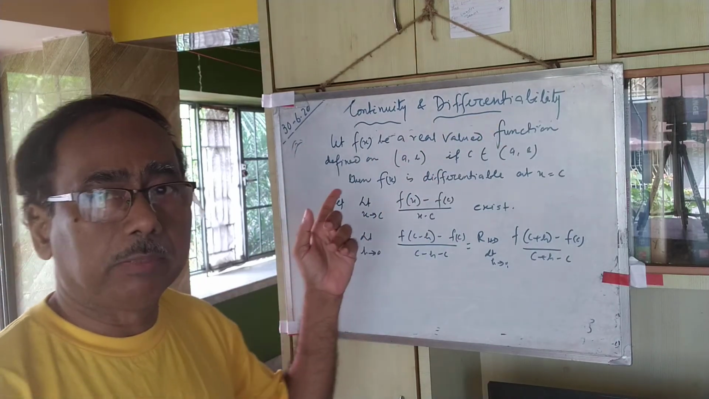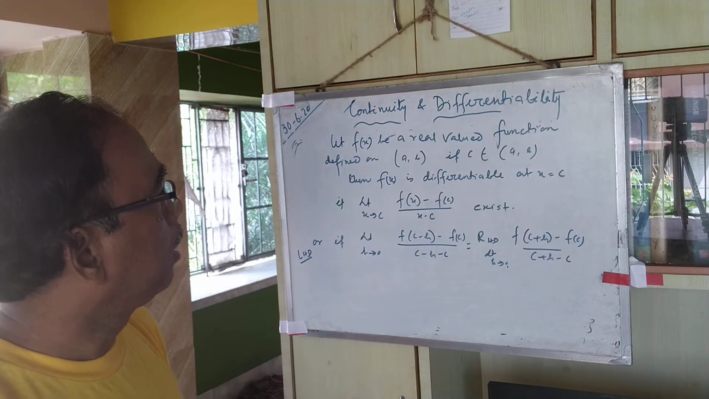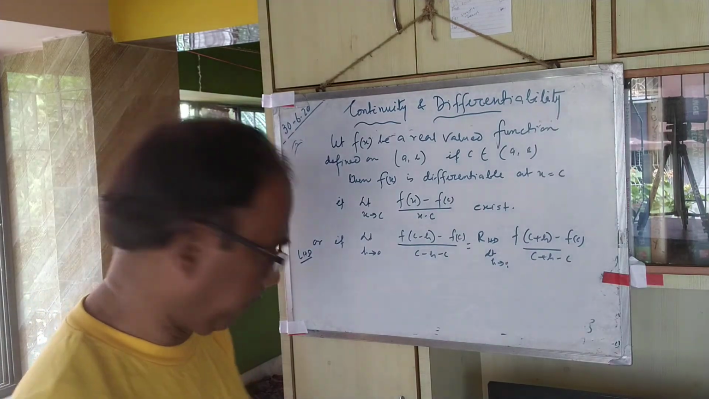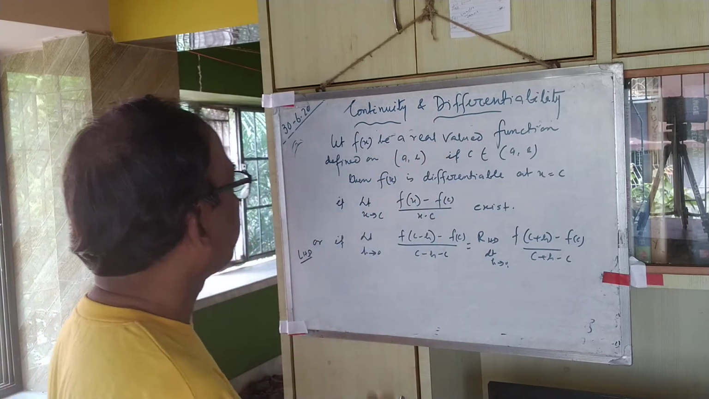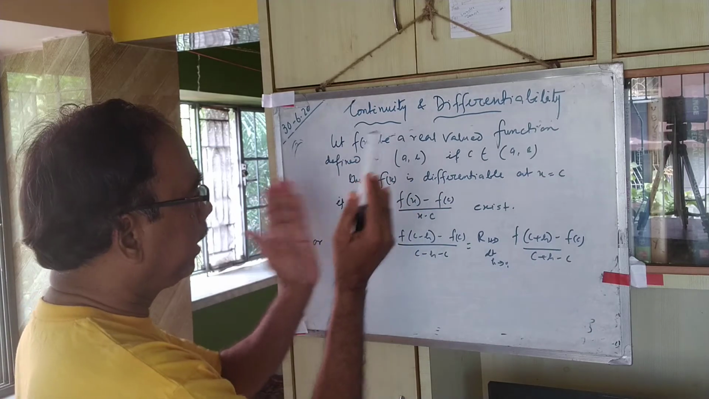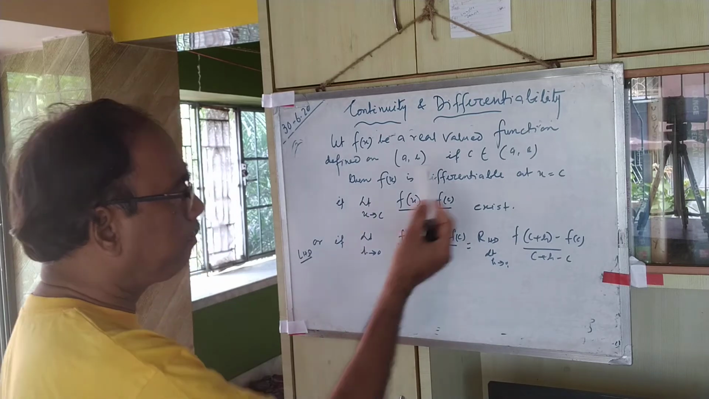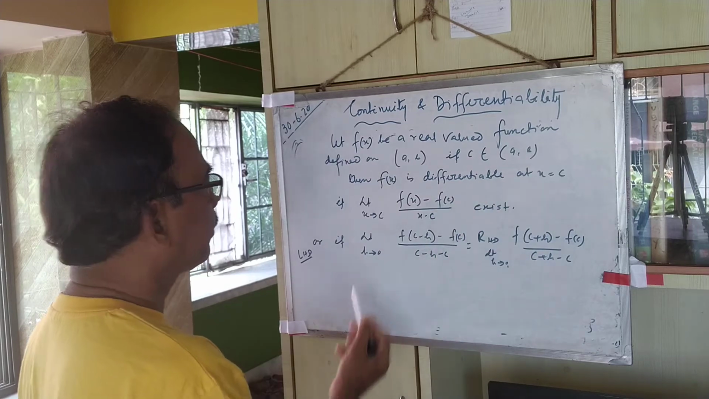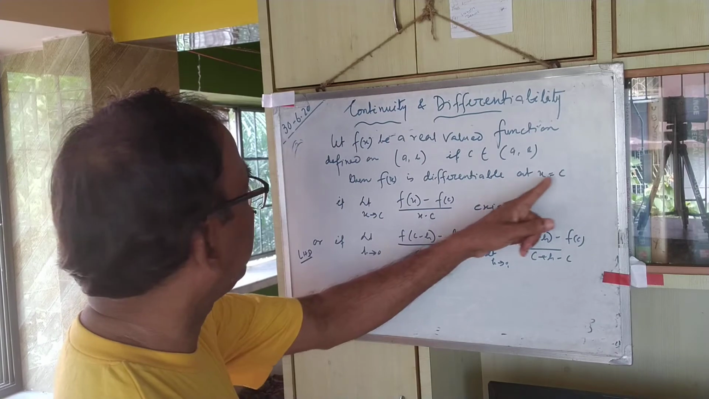Differentiability. In my previous class, I explained continuity. Now, in this class, I want to explain what is differentiability of a function. Let f(x) be a real valued function defined on an interval (a, b). If c is any point belonging to (a, b), then f(x) is differentiable at x equals c